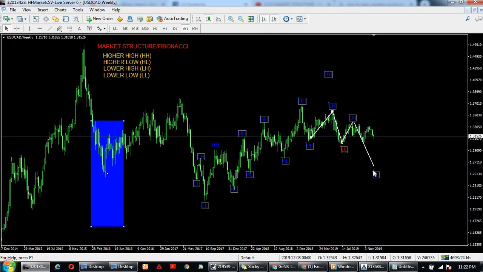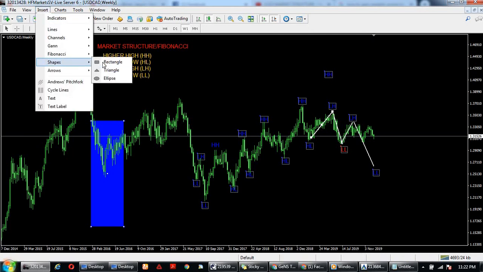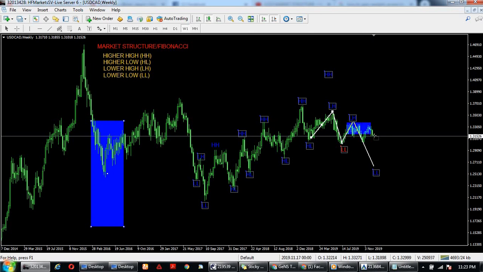So this is what we would expect price to do, even though at the moment price is consolidating, moving back and forth in this zone. Price is consolidating, but eventually we would expect a breakout for price to come and make a new low that is lower than the previous low. And then because the structure of the market has clearly changed from an uptrend to a downtrend, we would see